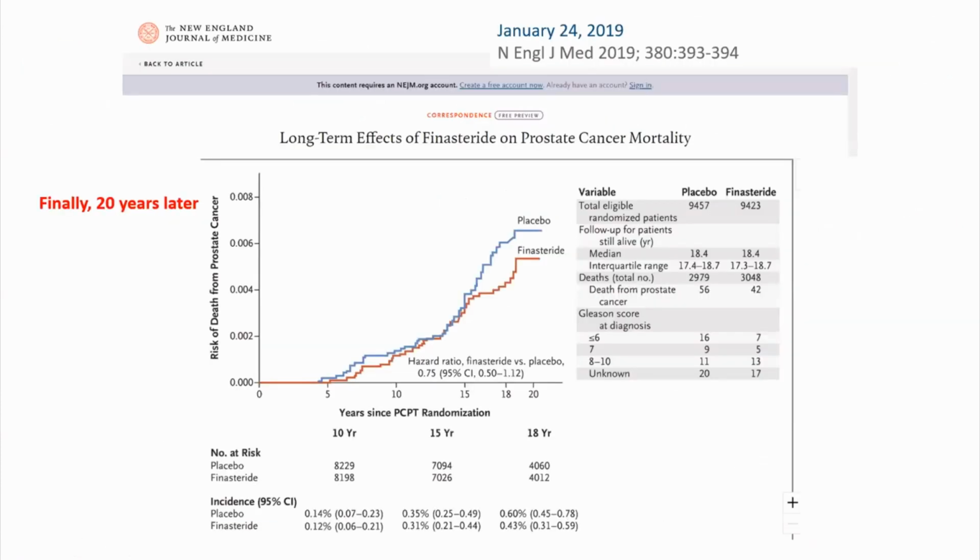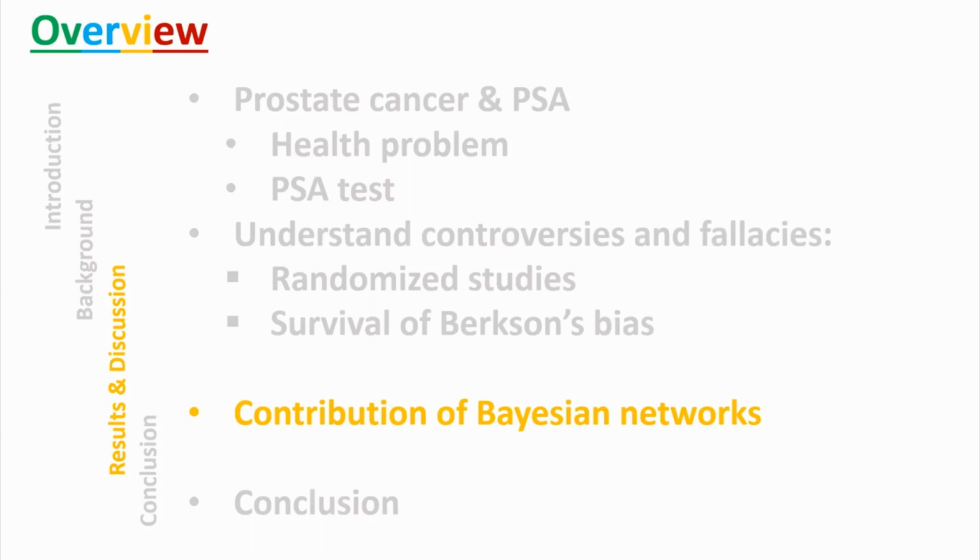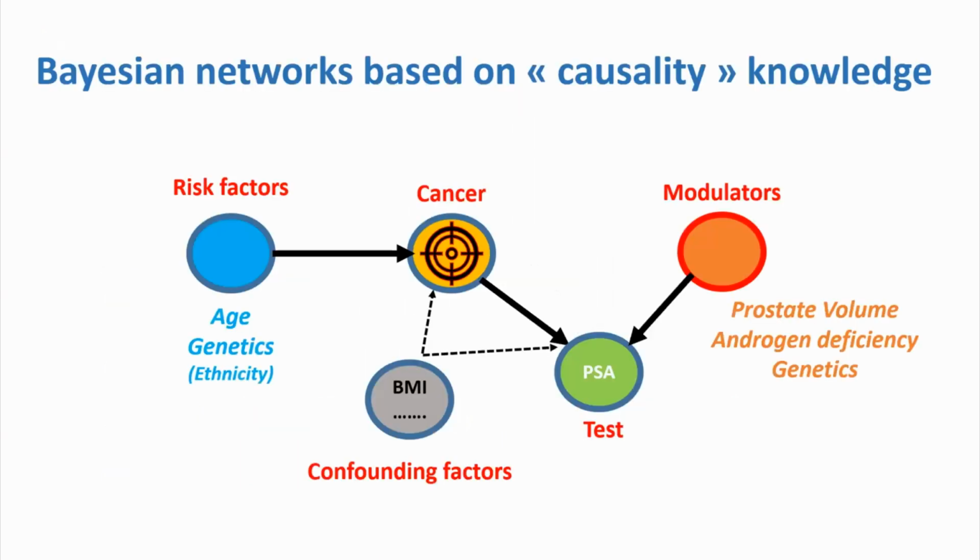Finally, 20 years later, the cohort of men treated and not treated with 5-alpha reductase inhibitor in the randomized study shows that you have a reduction of the risk of death from prostate cancer if you use a 5-alpha reductase inhibitor. So, after these controversies and fallacies, misinterpretations of the study, we move to our contribution for screening and early diagnosis